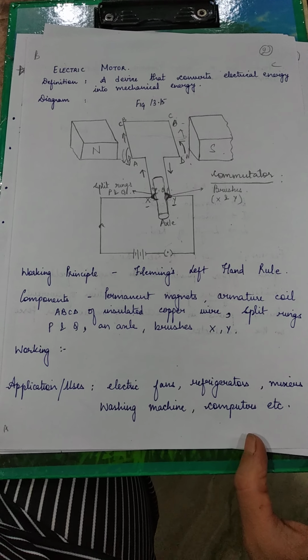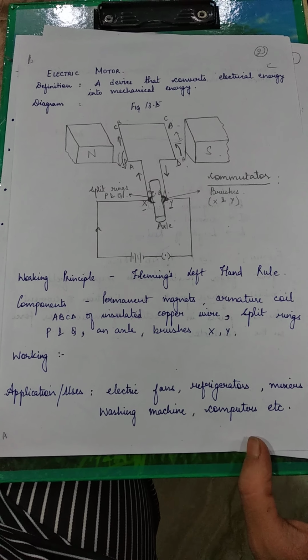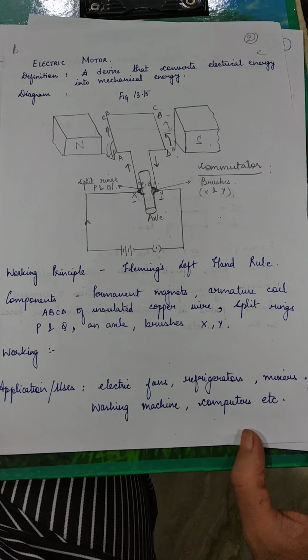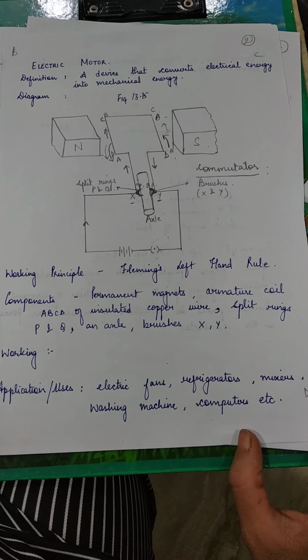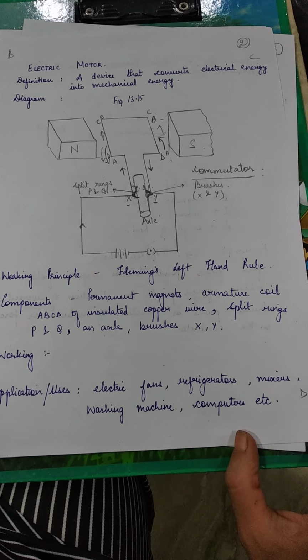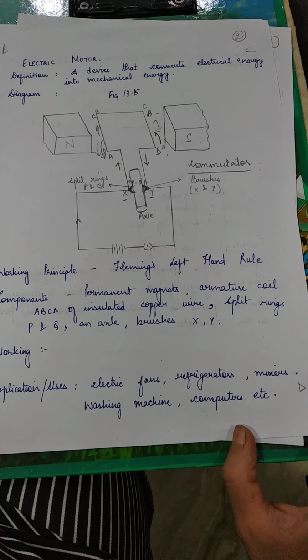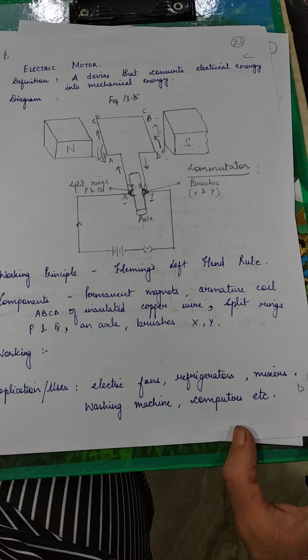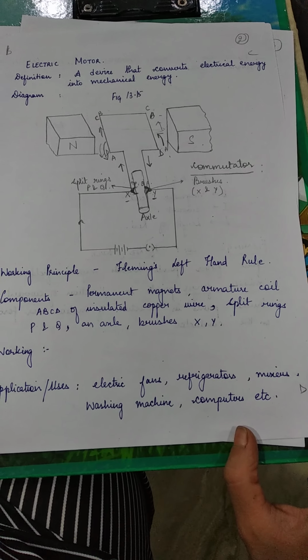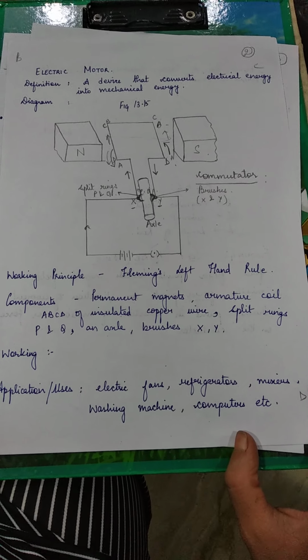Okay, with this we come to the end of this topic. Today we have already studied the force on a current carrying conductor. What are the factors on which that force depends? Then we've studied Fleming's left hand rule, and based upon Fleming's left hand rule we have studied the device called electric motor. Okay, please revise till here until we meet in the next module, in the next class.